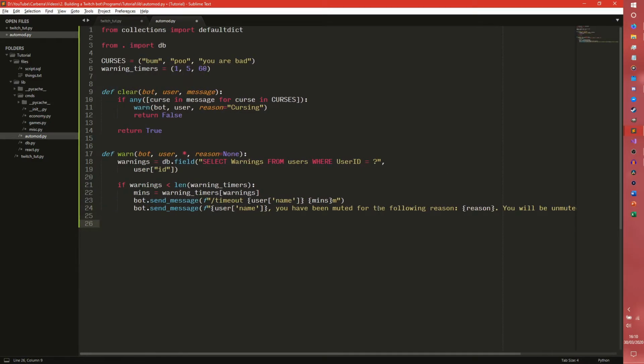And then db.execute update users set warnings equals warnings + 1, where user ID equals user ID,